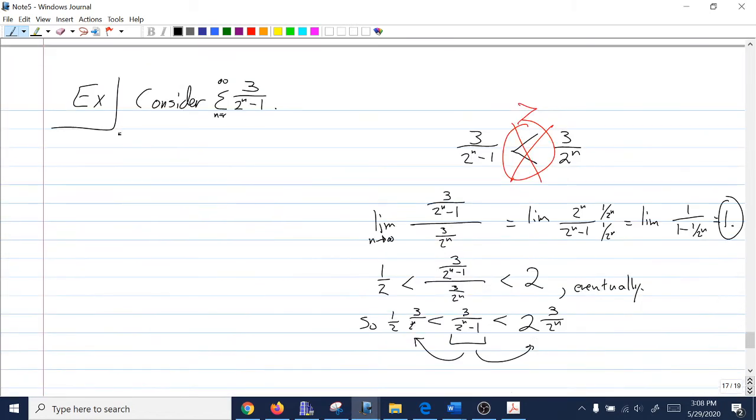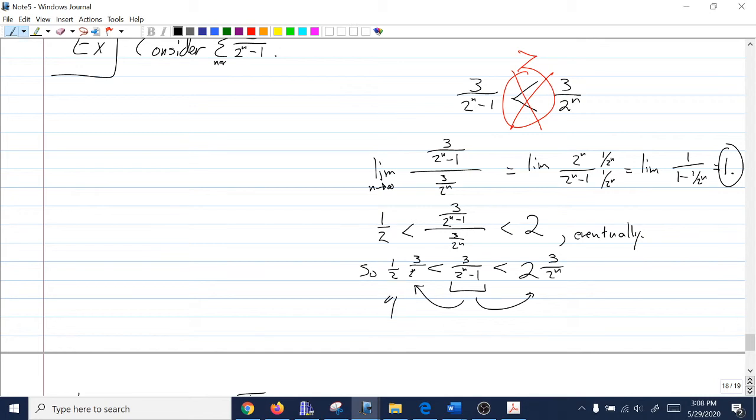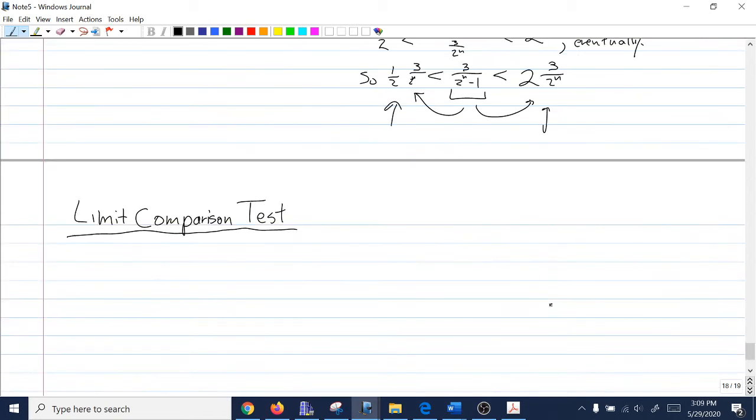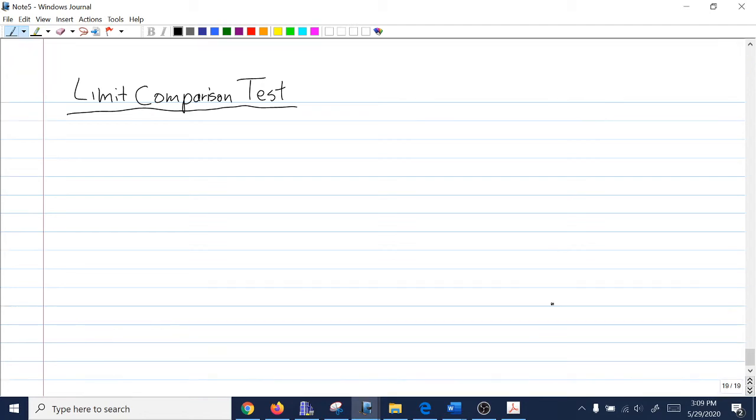Is it important that the terms are positive? I guess when I use direct comparison here, I need these terms to be positive. So yeah, I need an and bn to both be positive. If an and bn are positive series,